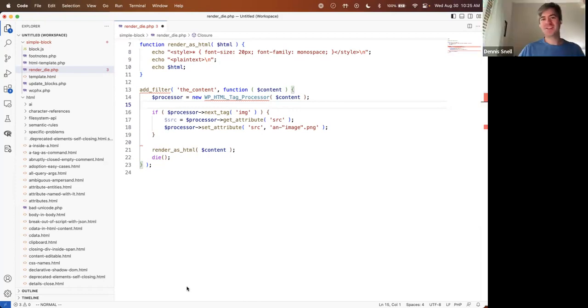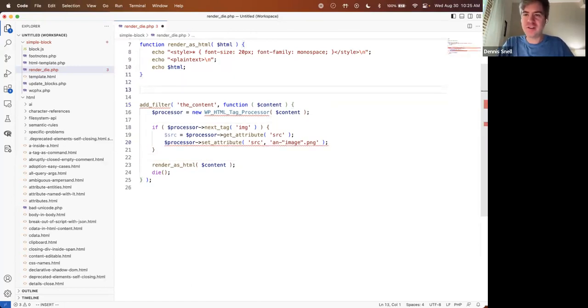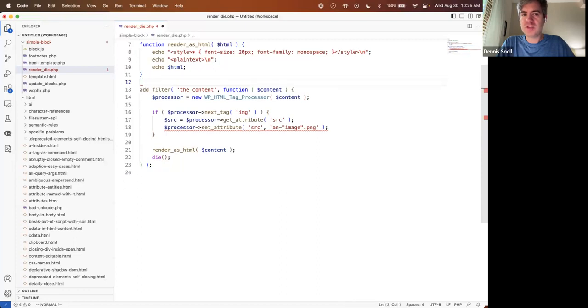This is a great question. The HTML API started with a regex. I was naive. I was on a train leaving WordCamp Europe, and I thought we could say, okay, let's create a regex that starts here with an angle bracket, and then we get our tag name. And I was so wrong. I was so wrong. So we discovered that in order to parse the HTML document, we have to start at the very beginning,